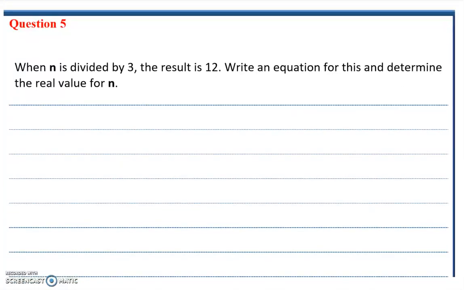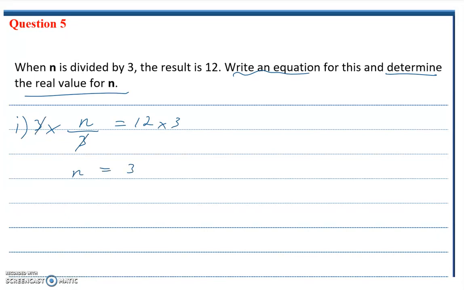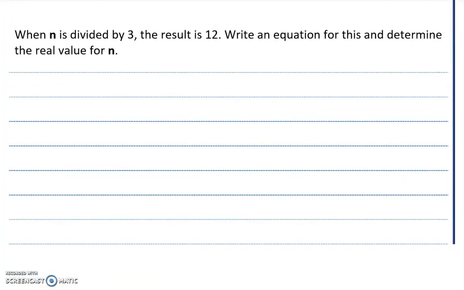Question 5. When n is divided by 3, the result is 12. Let's write that one down first. When n is divided by 3, the result equals 12. Write an equation for this and determine the value for n. Step 1, we've written an equation that represents the situation. n divided by 3 equals 12. To solve this, we can multiply both sides by 3. n equals 36. In our last question,